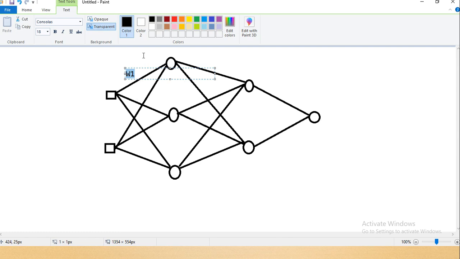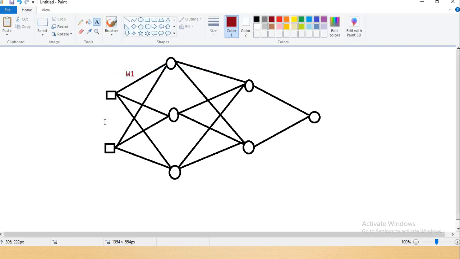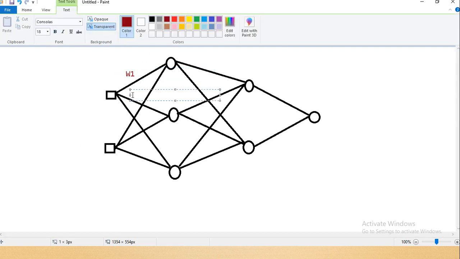Let's change the color. So this is weight 1. यहाँ से हमने weight 1 लिया. Here there is a weight 2. Okay, ये third वाला जो भाई साहब था that is actually weight 3. Because weight in the sense what I mean to say, weight in the sense जब आप data pass करोगे